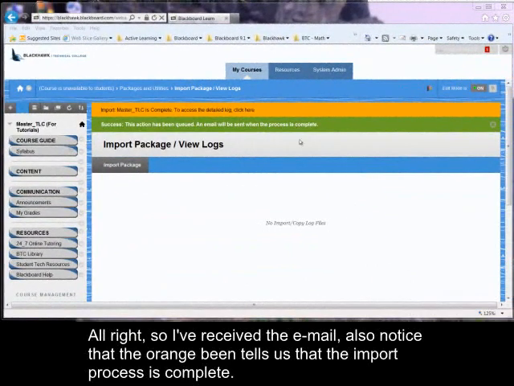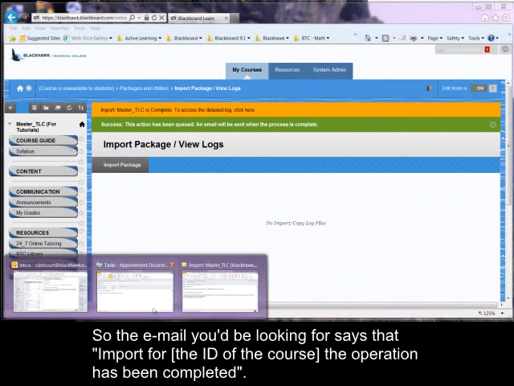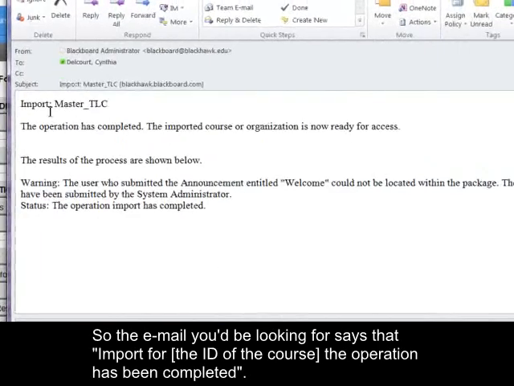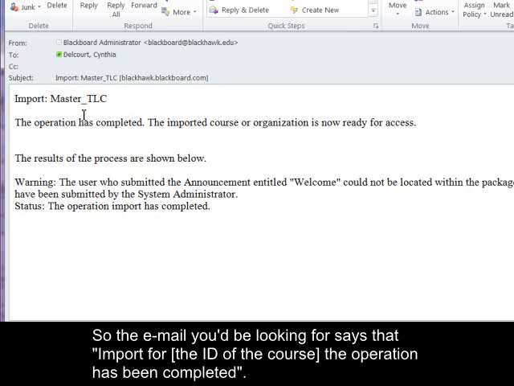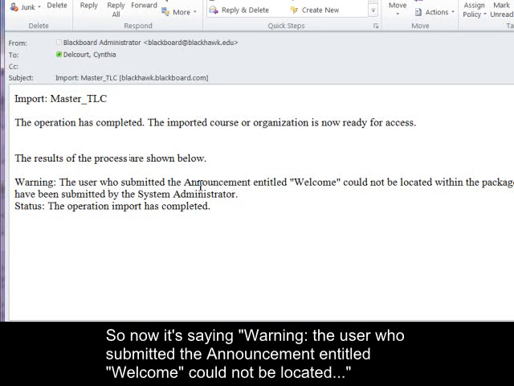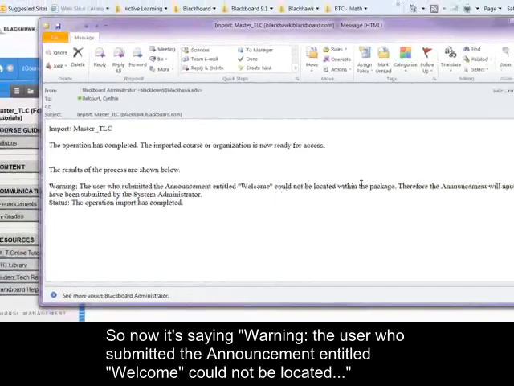Alright, so I've received the email. Also notice that the orange band tells us that the import process is complete. Okay, so the email you would be looking for says that import for the ID of the course, the operation is completed. Okay, now it's saying warning, the user who submitted an announcement entitled welcome could not be located,